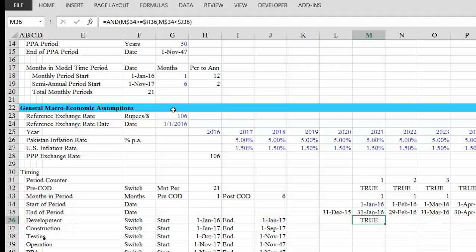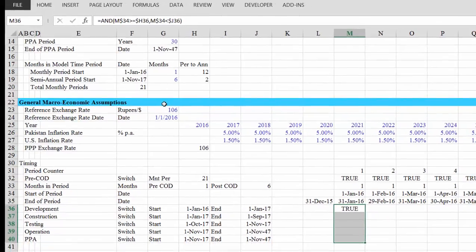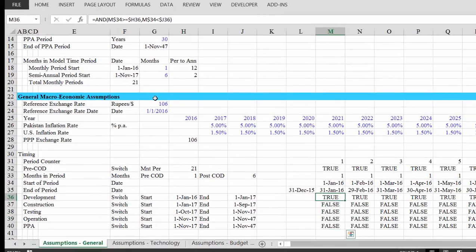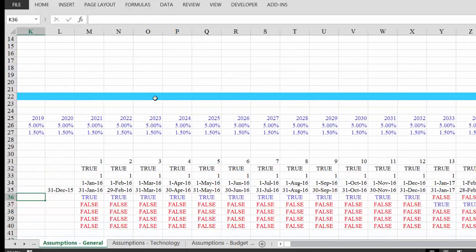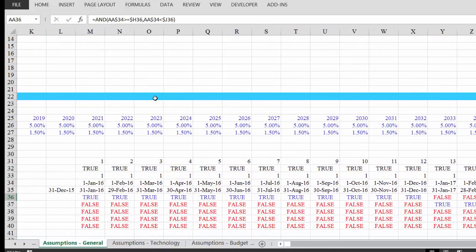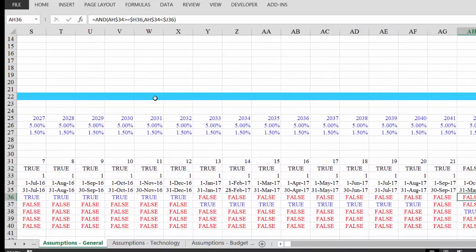Go slowly, you'll get it right. Control D, Shift Control R. If you want to get a little fancier, you can press Shift Control T and Shift Control F just to show which is the various